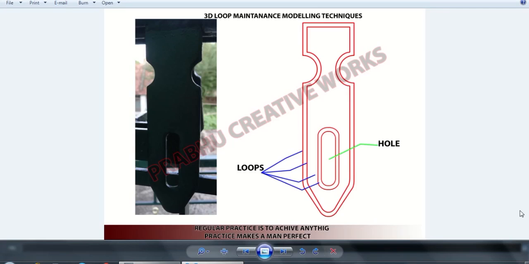In this tutorial, we model this locker. In this video you learn how to maintain two edge loops, and we need to maintain two corner holes and one main hole. So go to Maya